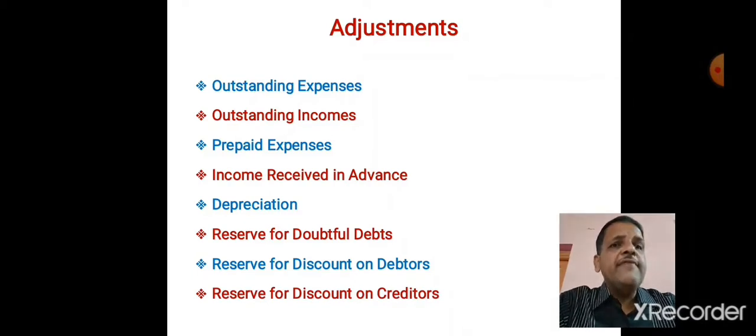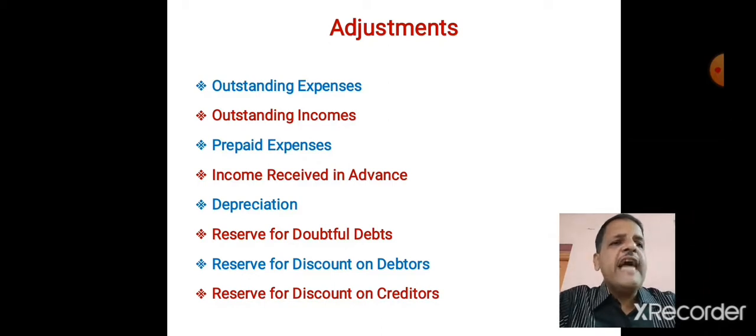This is related to depreciation. Now depreciation we have to charge at a fixed rate on either cost or written down value of all fixed assets. When we say fixed assets, we come to know that there is land and building, plant and machinery, furniture, vehicles, etc. Now, which are the two effects?